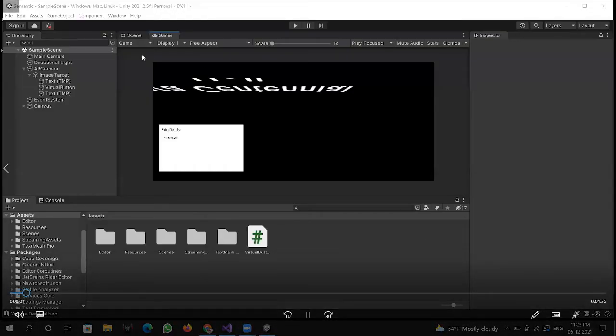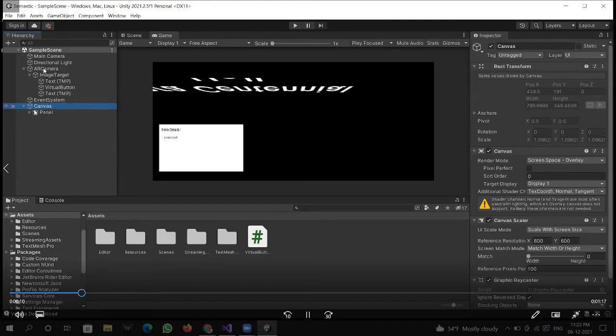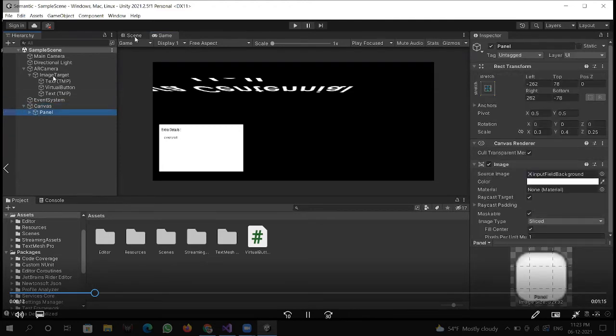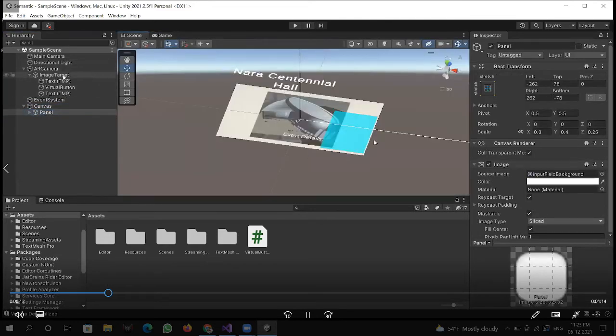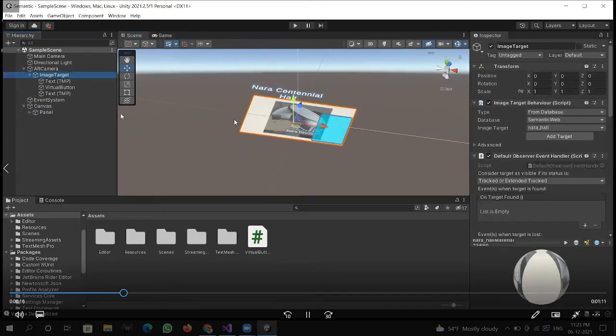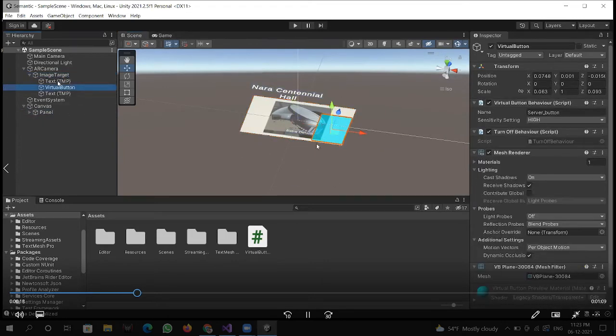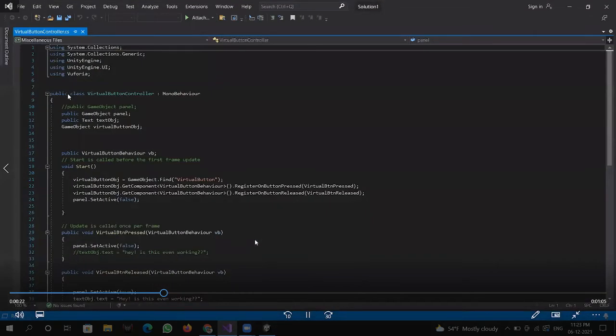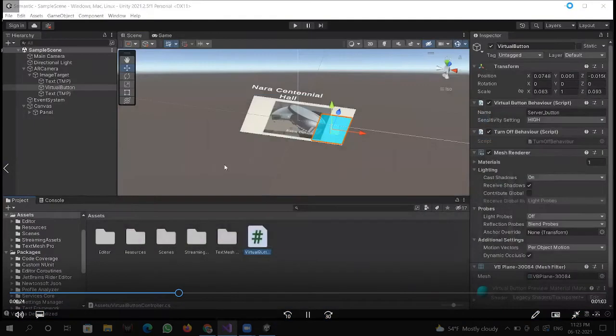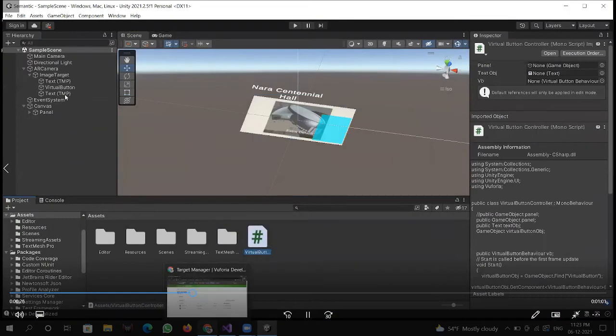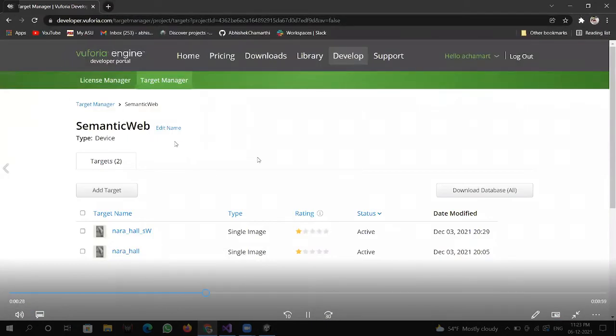On the client side, we have the Unity with Vuforia framework. The Vuforia framework provides us with an augmented reality camera on which we can provide image targets. We can also add child components to this image target, such as the text, the button, for which this is the corresponding script, and the text box which will display the information.